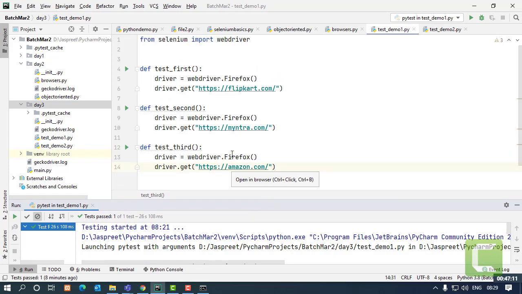Now, these were the individual test cases. Suppose there are some test cases which are divided into groups. We can make groups of test cases as well, some sanity groups or some smoke test cases I can make. I can group the test cases easily. Right. That also we can run.